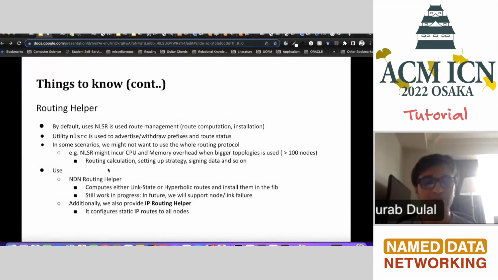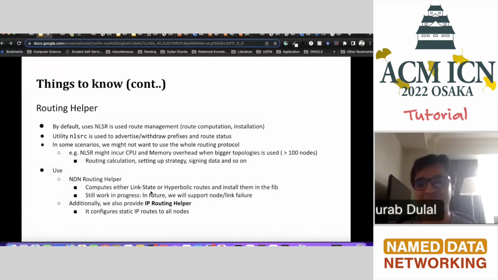That's why we came up with this routing helper. We recently developed this module, maybe 1.5 or 2 years ago. What it does is compute either link state or hyperbolic routes and then install them into the FIB. So you don't have to run the whole NLSR. It's more like static routing. You will obviously not get the benefits of routing, like if something fails or all those things happen, then you would have to